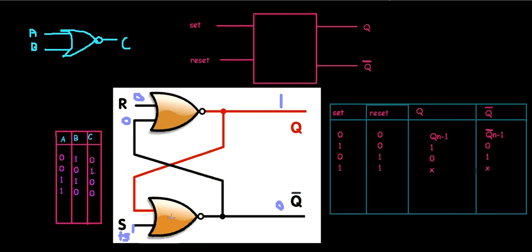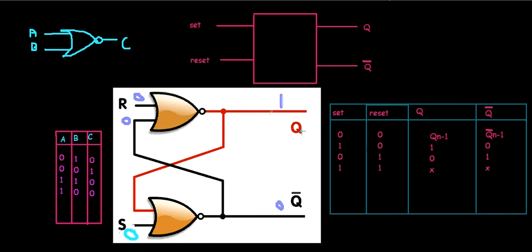Now I initially mentioned that it stores a bit, right? So now just remove this 5 volt. Okay, let me remove it. Okay, now we removed this 5 volt. Now this is also 0, and this is also 0, reset is also 0. Now according to my statement, this latch should store the value, right?